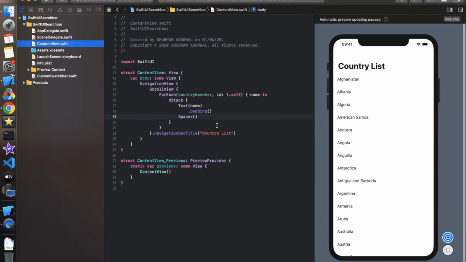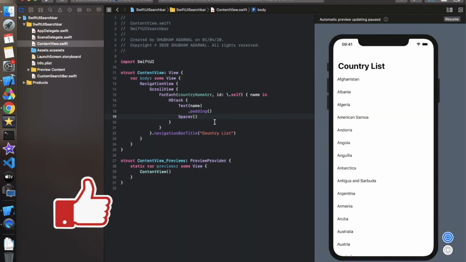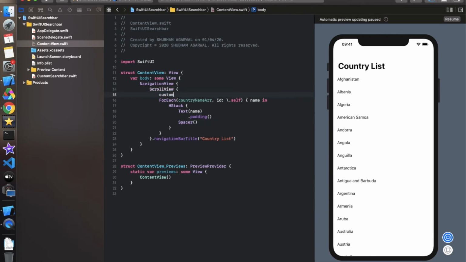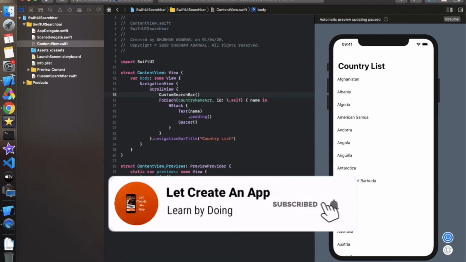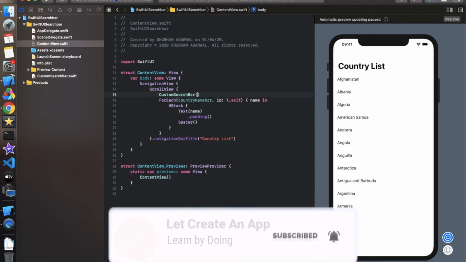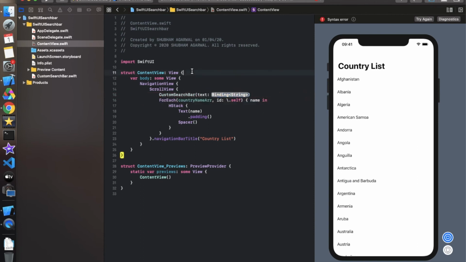So let's move to the content view. First we need to add a search bar over here. So simply use CustomSearchBar like this, and in this we need to provide one binding property. So let's create one binding property over here.